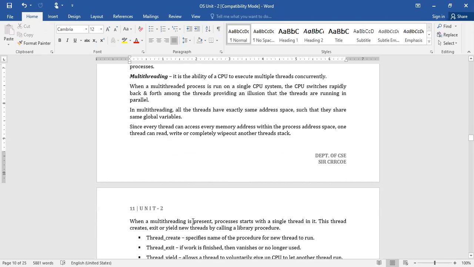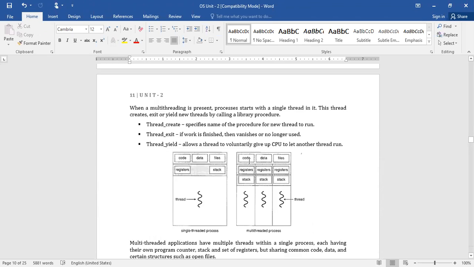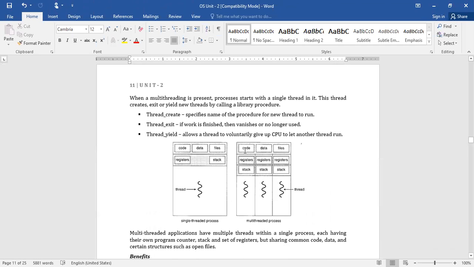As I told you, the memory address space of the process is shared by all the threads, right? Here, the code, data, and files. This is the common address space that can be accessed by all these threads. So in that case, what happens? Whatever was placed here by thread one, maybe read or written, or you simply delete it by this second thread, right? Because this is the common area which can be used by these three. So these three may do anything. They can read or write their own data, or they can delete, whatever operation they want to perform, they can do it.